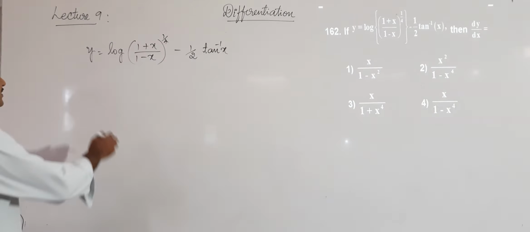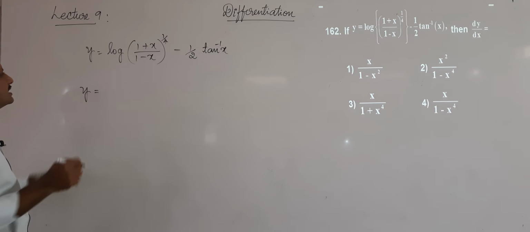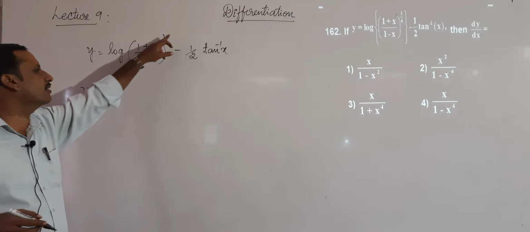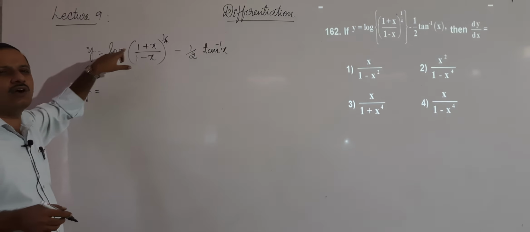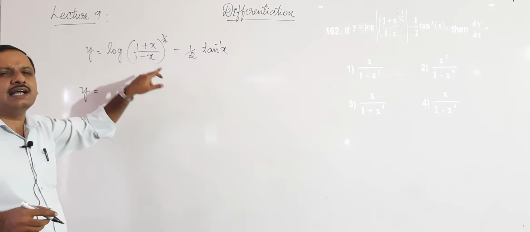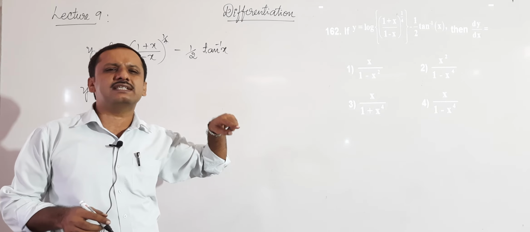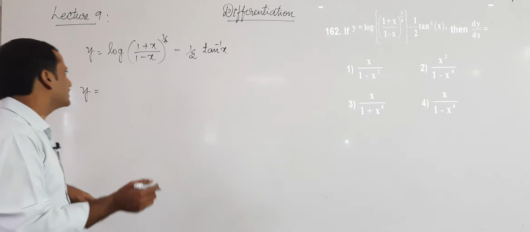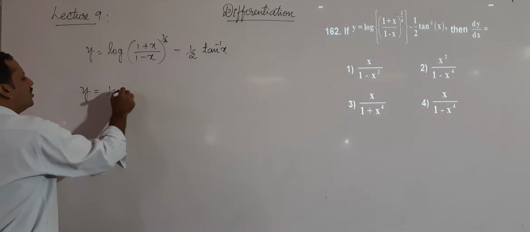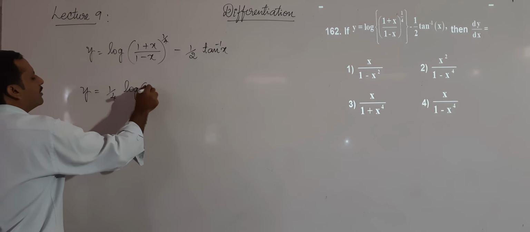Okay. Let me simplify this. This is of the form log m power n. Log m power n can be written as n log m. So this will become 1 by 4 log of (1 plus x by 1 minus x). After that, log of (1 plus x by 1 minus x) we can write as log 1 plus x minus log 1 minus x. So on simplification, this will give you 1 by 4 log 1 plus x